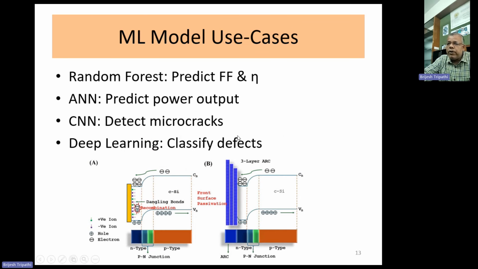So that is also important, that question whether it can be adopted in production line or not. The models that we have used are random forest model and k-means clustering. Other models are also there which can be used for the prediction of cracks or detection of the cracks, classification of the defects, and power output can be predicted by some other models also. But in these research papers which we have referred, we have used k-means clustering and random forest model.